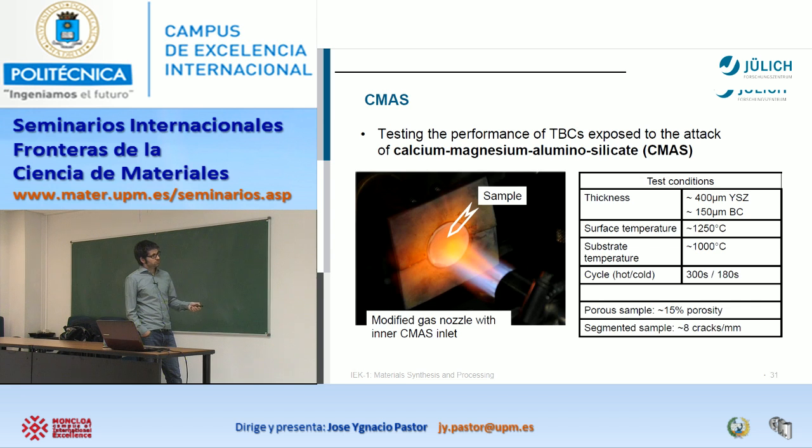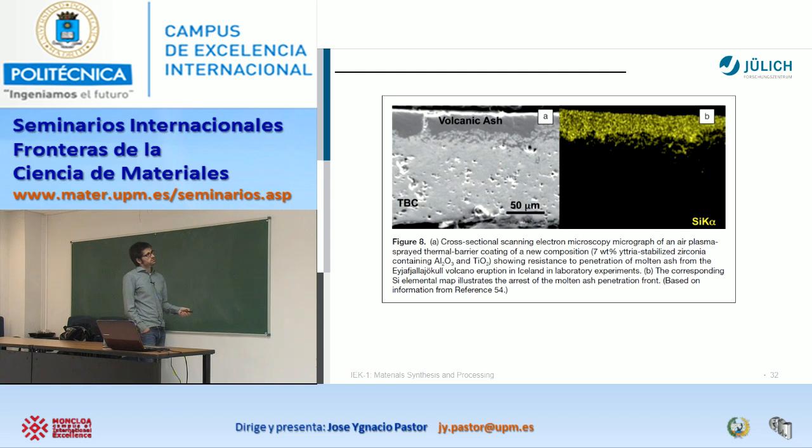Okay, then we focus on that part with a Barnett ring testing over samples with different conditions, with a really high temperature for the thermal barrier coatings, using, for example, in that case, 400 microns of the yttria stabilized zirconia and just 150 of the bond coat with different conditions, as you see here, because the idea is exactly to do that. You have here your TBC and here your volcanic ash, that at the beginning they are melt,